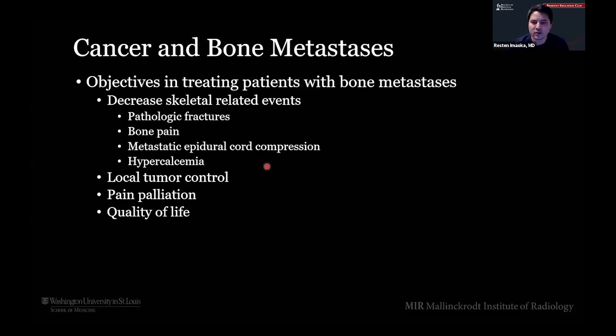And when we talk about skeletal-related events, we're talking about things like pathologic fractures, right? That's obvious. You've got disease in your vertebral body, there's a fracture associated with it, that's going to be painful. They could just have run-of-the-mill bone pain, where there's no fracture yet, but they have cancer that is eating away at that bone, and that's developing bone pain. You could have epidural cord compression or foraminal stenosis. This one is particularly morbid. A lot of the time, patients have diffuse bone pain from their skeletal mets, and maybe their pain is controlled with narcotics, but oftentimes they develop this progressive epidural or foraminal component, and it becomes extremely morbid and limits their daily function.